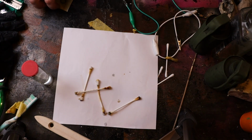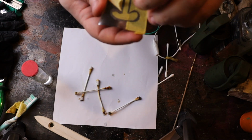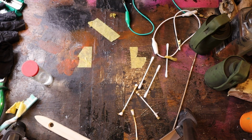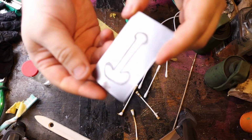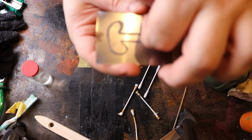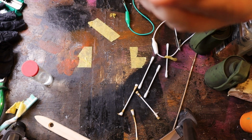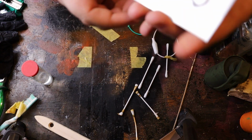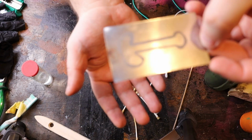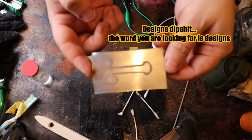Now let's go on to this wonderful thing, which is a Thor's hammer. And totally not what it looks like. So if I remove all the masking tape, now you can see that this has been etched into it. I don't know if you can hear it, but if the camera picks this up, it's clearly etched into it. For some reason I didn't clean the metal enough, so here's a bit where it's not that etched into it. But that's basically how you can etch your own stuff into metal